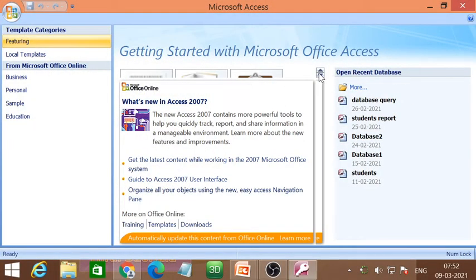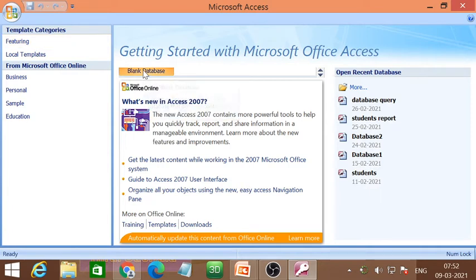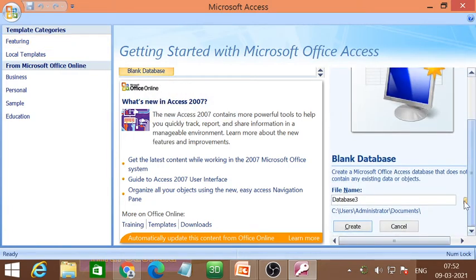Here we are using MS Access version 2007. Click on blank database to create a new database in your system. For the name of the database I will give the name employee or EMP. Click on create.